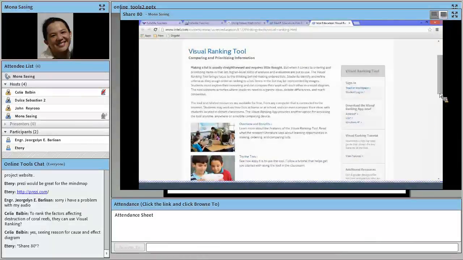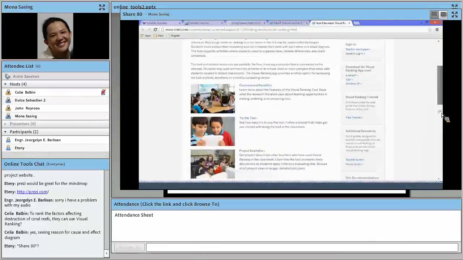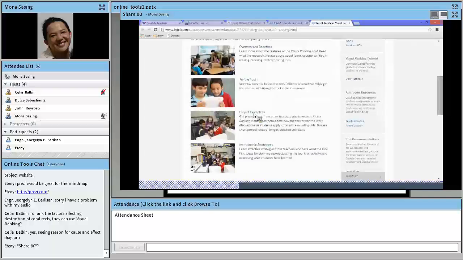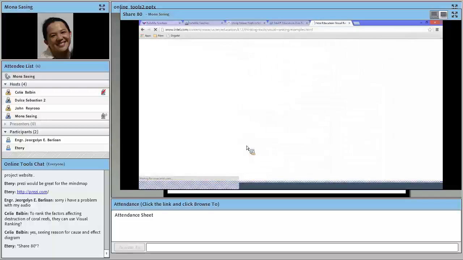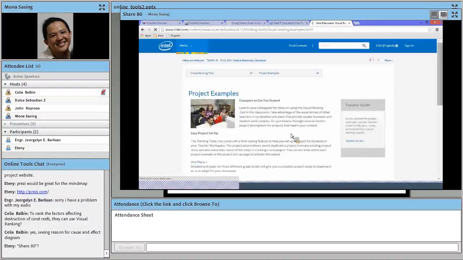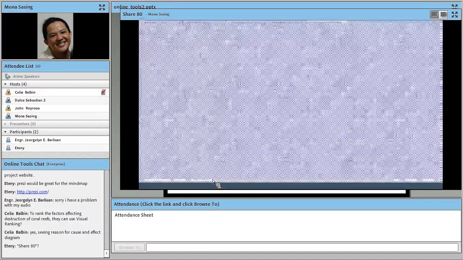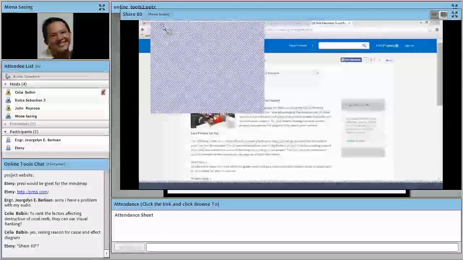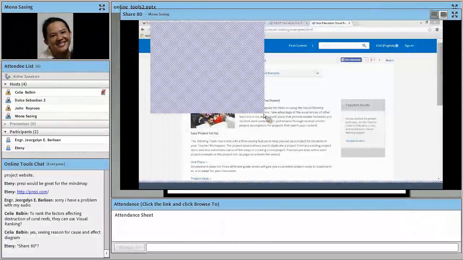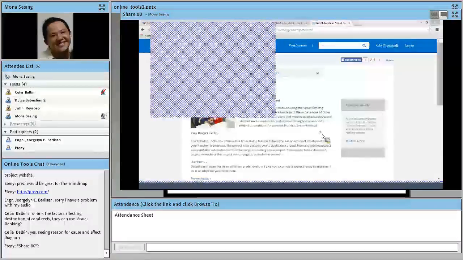And then there are examples of projects that you can do with your class that make use of the visual ranking tool.